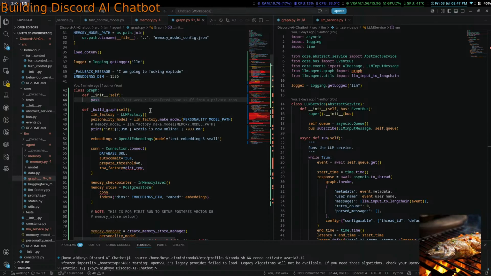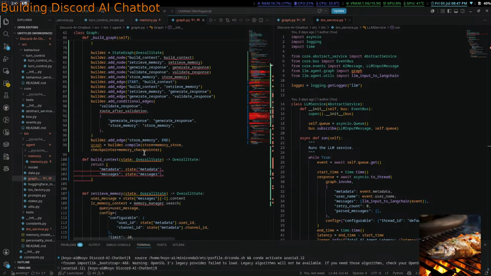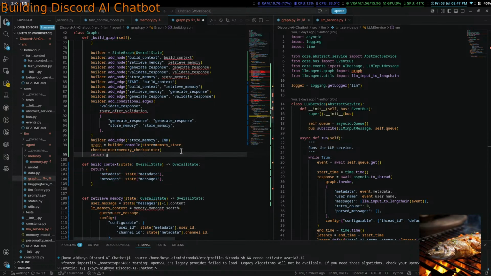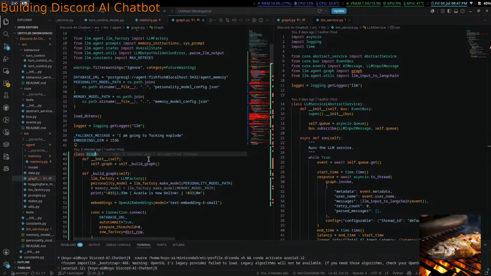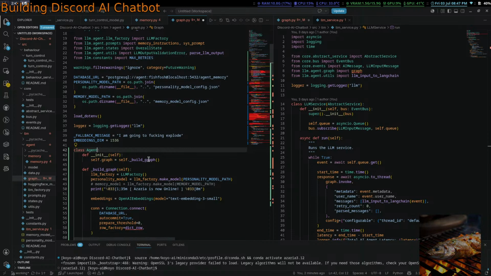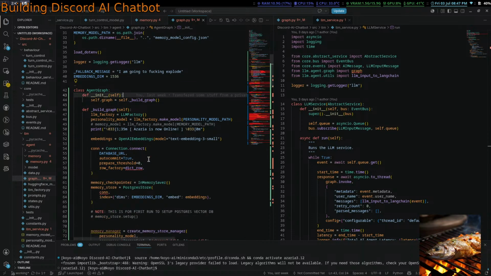Okay, not yet. Okay, what do we need? Self.graph equals build graph, and then we need to just return graph at the end, right? So I guess we can call it agent graph. That's cooler.